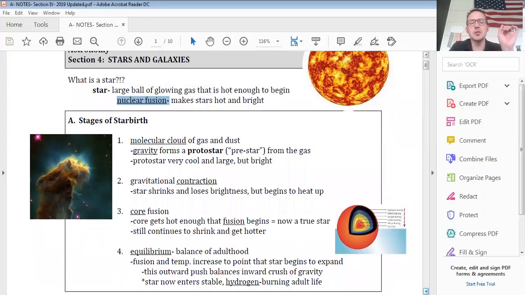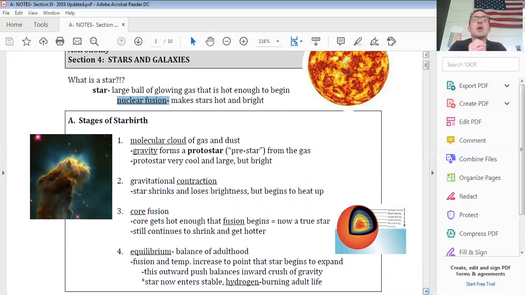Now, officially, stars are not actually living, breathing entities like you or I. But some astronomers are actually starting to rethink that, and they're trying to do some clever experiments and observations to see if there's a chance that stars can actually do decision-making, just like any other sentient being. But that's pretty far out there. We're going to assume for now that stars are not really alive. But throughout this section, we're still going to make an analogy to them being alive because it'll be easier for us to understand. We're going to talk about stars being born and stars dying out, baby stars, young to middle-aged stars, grandparent stars,